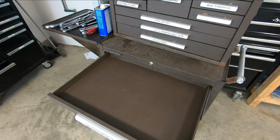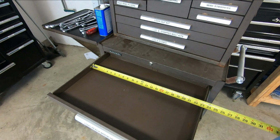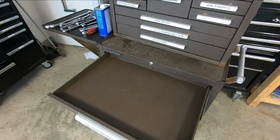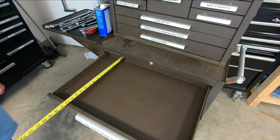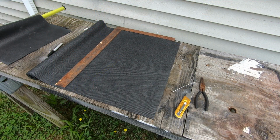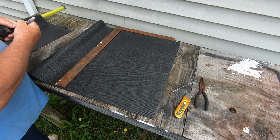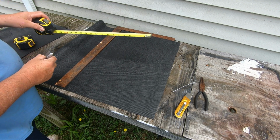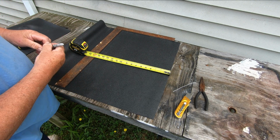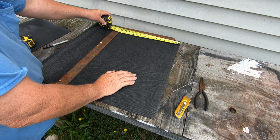Next, we're going to go ahead and measure the drawer. Take about a half an inch away from each measurement. This will allow the liner to fit quite nicely and you won't have to struggle with it. The drawer we measured was 23 inches by 16.5. So that means we want to cut our liner to 22.5 inches by 16. Now it just so happens that the roll is already 22.5, so all we have to do is cut off